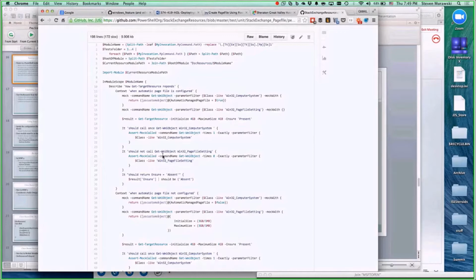like if I want to make sure that it's only going to change my page file when it's out of whack, that I don't actually have to change the state on my system all the time. I can just feed in the values that I want it to check against. Pester allows you to do that, and so I can provide my own response for Get-WMIObject rather than having to actually call it and set my system up,